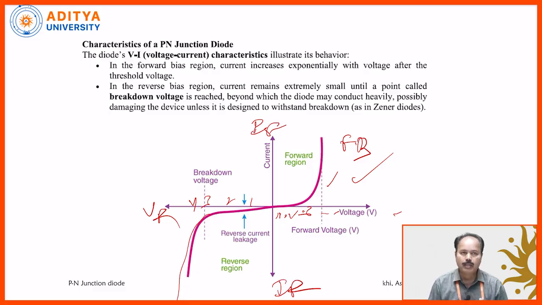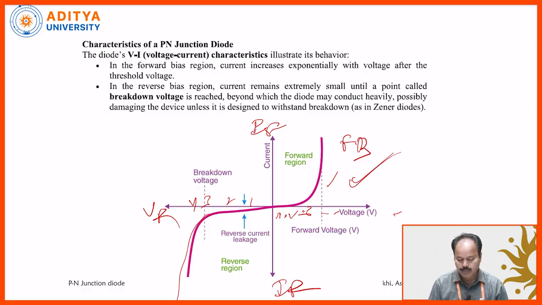There are actually two types of breakdowns, namely Zener breakdown and avalanche breakdown. Zener breakdown occurs in the case of Zener diodes, which we will discuss, and avalanche breakdown occurs in the case of lightly doped PN junction diodes. Anyhow, this is the forward characteristic,